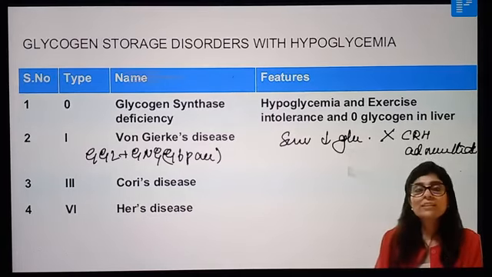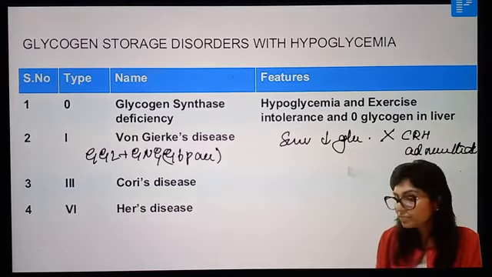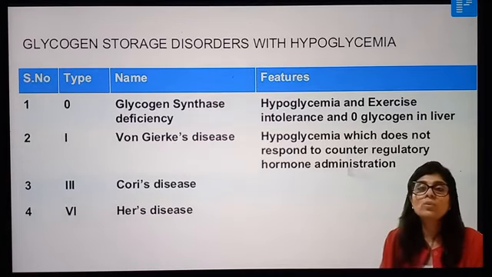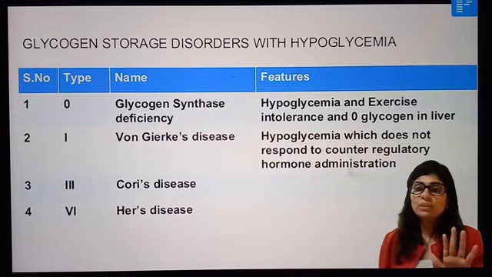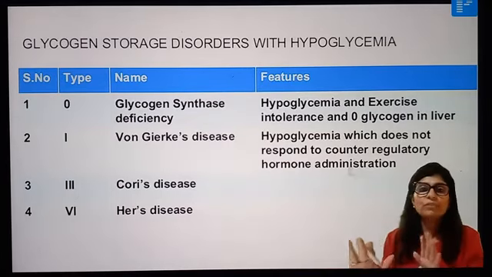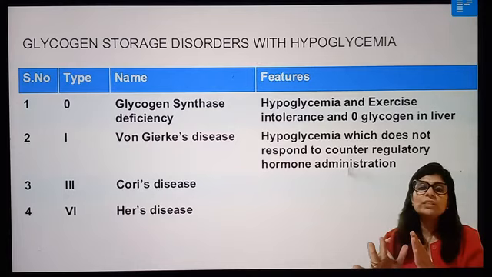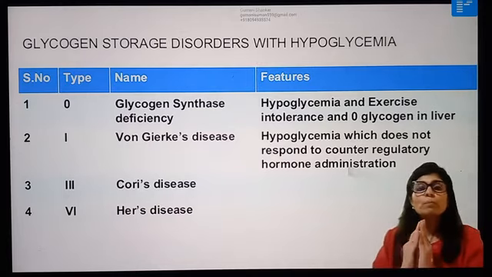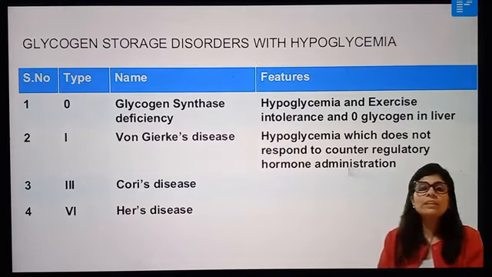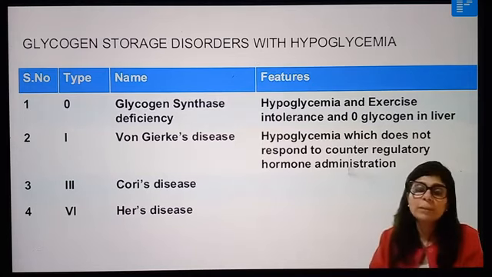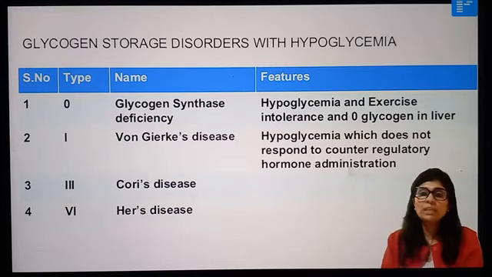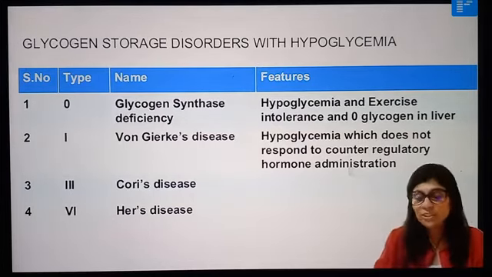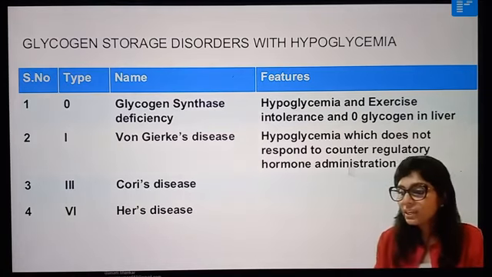Is that clear? So that's about von Gierke's disease. Why will it not respond to counter-regulatory hormone administration? Because in this case, both glycogenolysis and gluconeogenesis are defective. These are the two pathways which can maintain blood glucose. When both the pathways are defective, your counter-regulatory hormones cannot do anything. So von Gierke's disease will present as severe fasting hypoglycemia which does not respond to counter-regulatory hormone administration. Okay. Now Cori's disease